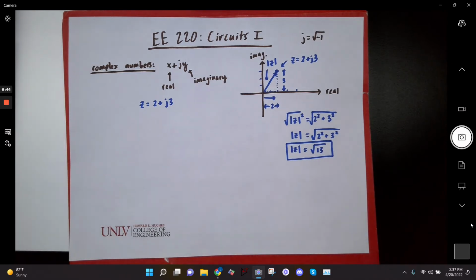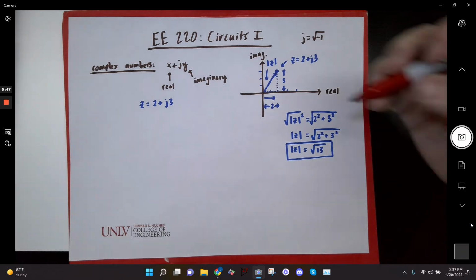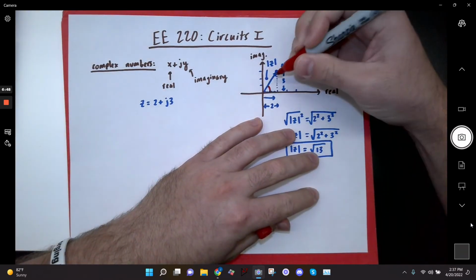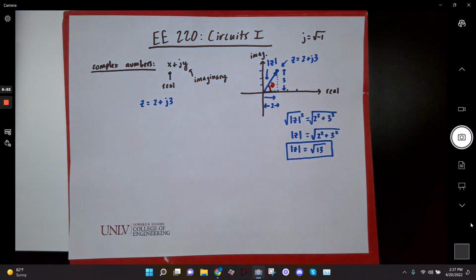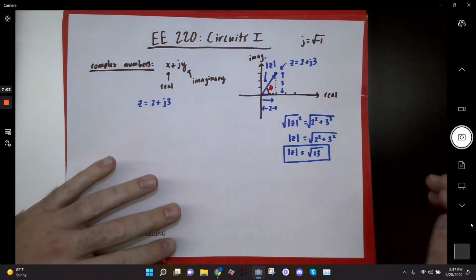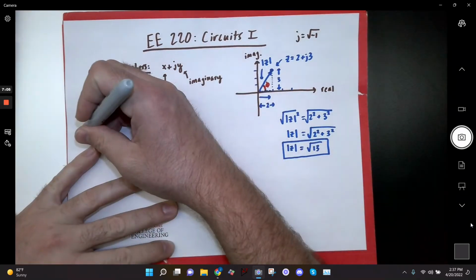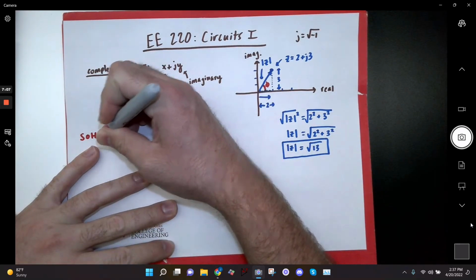The phase is basically the angle from the x-axis. Okay, so this angle right here. So I'll write it as phi. Okay. Everybody can see that? So that angle right there, if you remember, how many of you guys heard of SOHCAHTOA in geometry? Okay, so if you haven't heard of SOHCAHTOA, it's written like this,